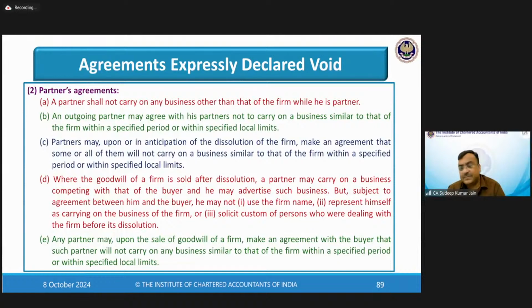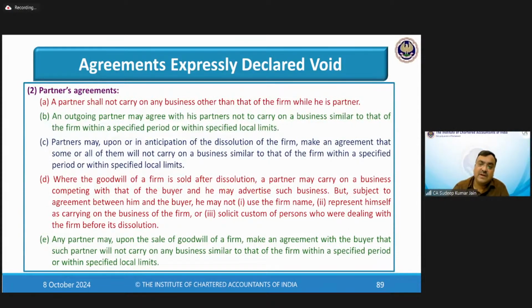D point, where the goodwill of a firm is sold after dissolution. You can just say the sale of the name of the firm. I'm selling the name of the firm. You can use my name. You can use the name of my firm. I'm selling the business. A partner may carry on the business competing with that of the buyer, and he may